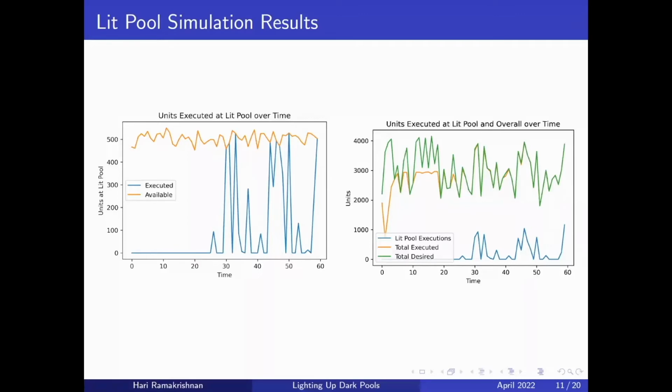And on the right, we've made a different change to this model. We've greatly increased the amount of liquidity that should be available at a lit pool to the point where if we wanted to, we could have executed all of our orders at a lit pool. We wanted to do this to see if, as time goes on, we have a more binary behavior where we're either taking all of the liquidity from the lit pool or not at all. But we see that we do have cases where even though we desire a much higher amount of orders to be executed, we're still only taking a smaller amount of liquidity from the lit pool